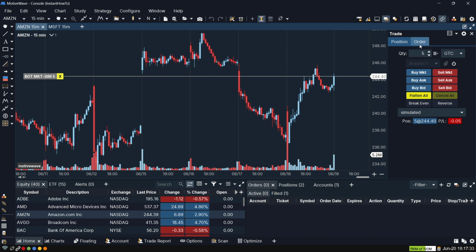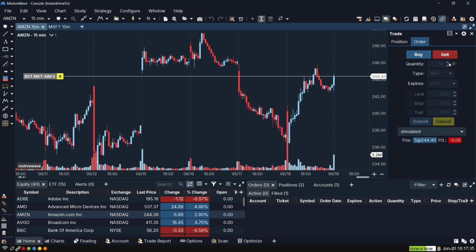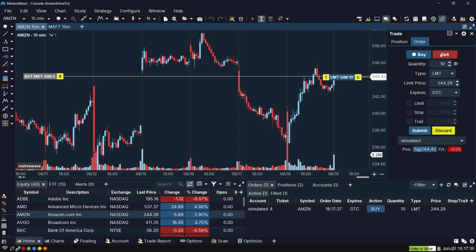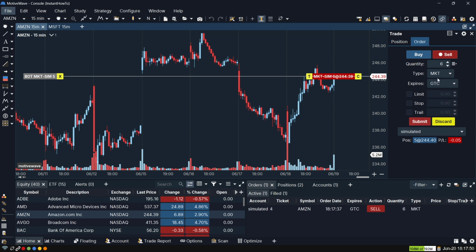You could also place orders. If I go to order up top, I can just go ahead and select quantities and stuff like that, and then click on buy or sell, and that's basically going to allow me to then change it, adjust it, and submit it. So if I do buy right now, I'm going to do quantity. It's going to be 6. The type right now, it's going to be a market for now, and then the expires can be GTC or